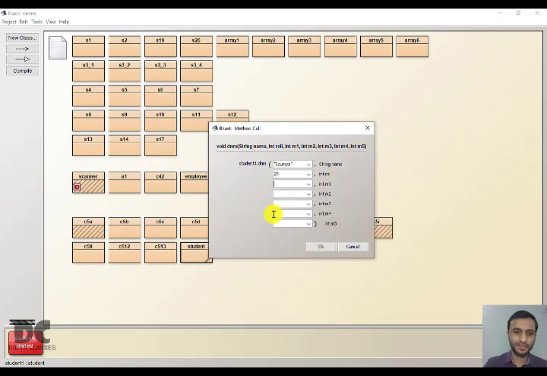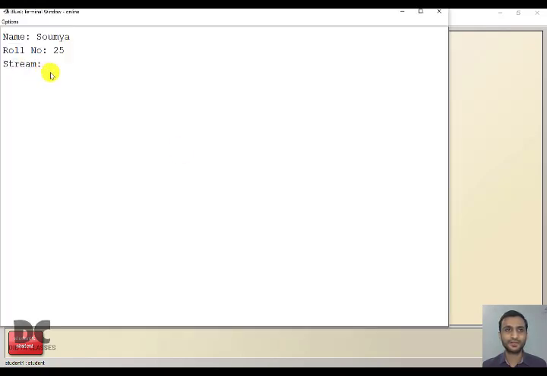Now the marks let be 34, 46, 31, 49 and 40. I have taken such a way that the average will be 40. Stream, here you can see it is not printing anything. So it is kind of odd because it is printing but it is blank.